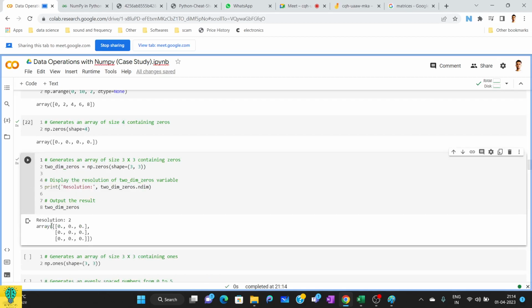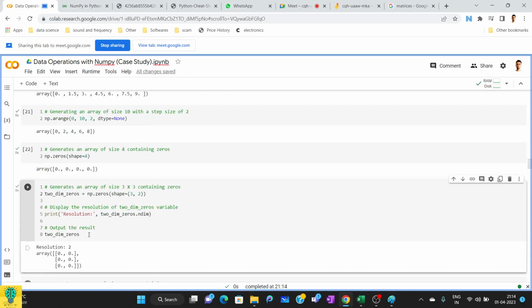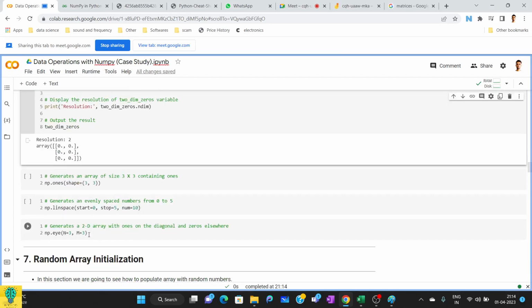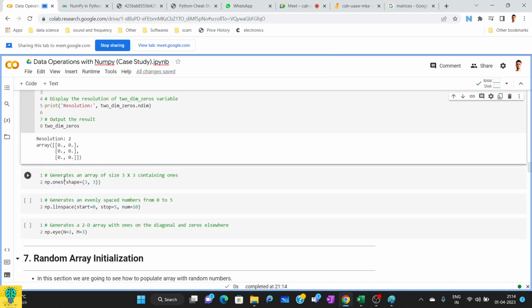a 3 cross 3 matrix of zeros. So 0, 0, 0, like 3 rows and 3 columns. If I change it to 2, I'll get 3 rows and 2 columns. Okay, 3 rows and 2 columns. So the zeros function is used to get zeros. Okay, similarly the ones function is used to get 1 instead of 0,